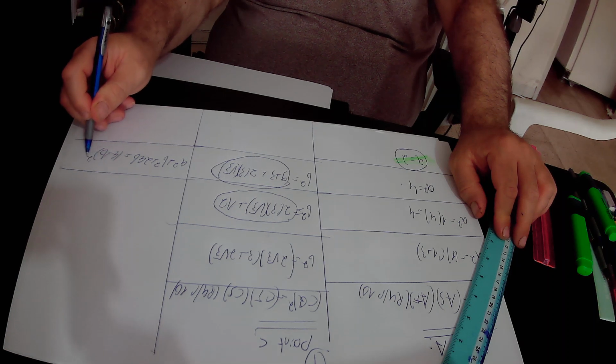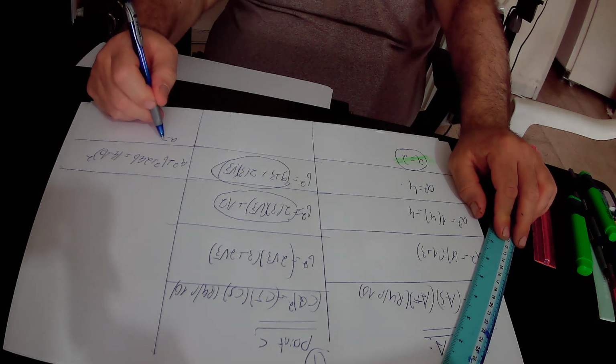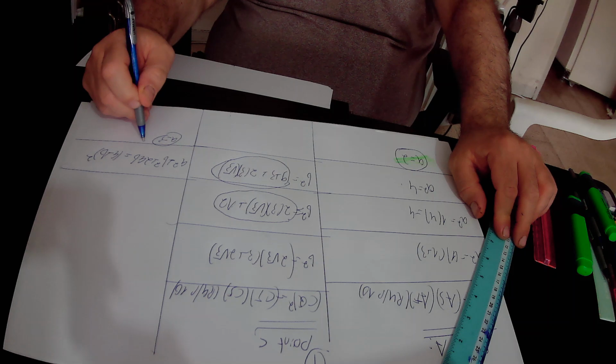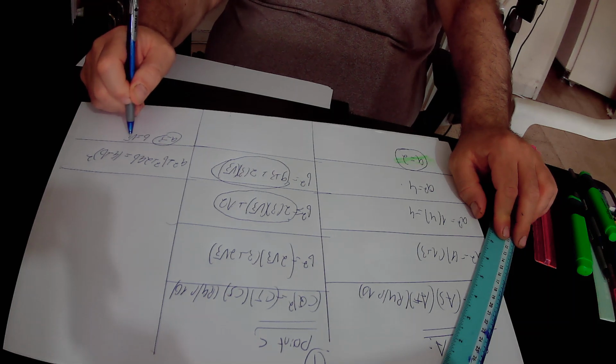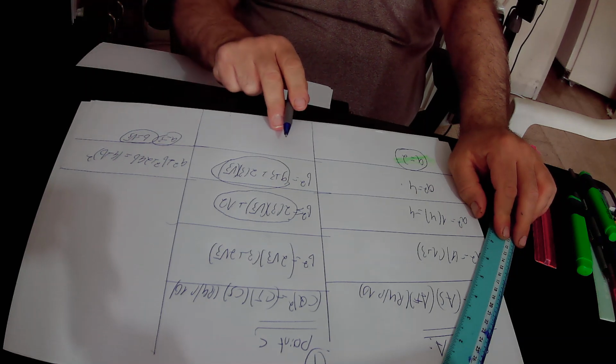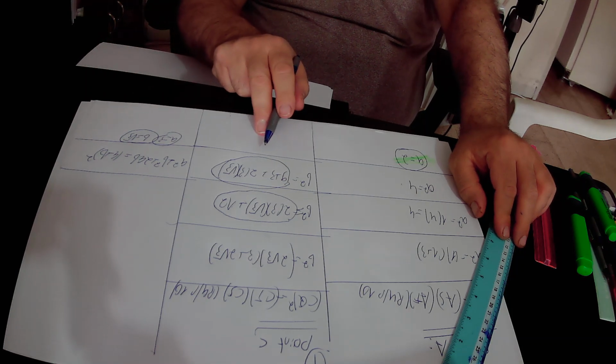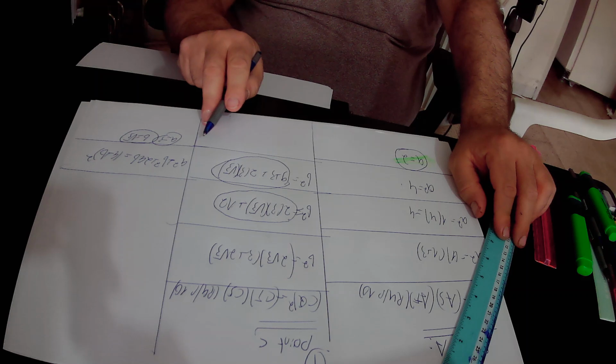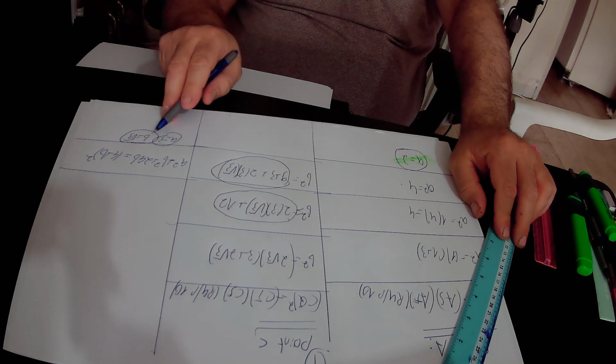If we substitute a by 3 and b by square root of 3, we actually get that 9 plus 3 plus 2 times 3 times square root of 3 equals a squared plus b squared plus 2 times